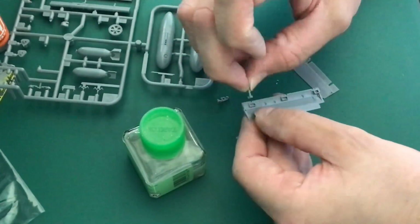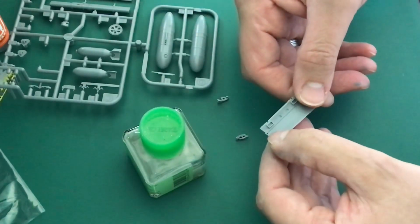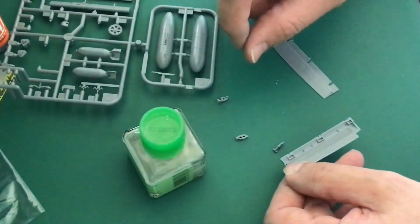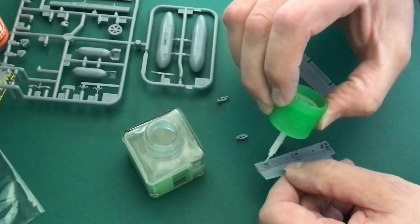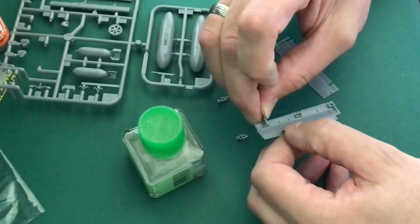Take two, you can pop that in. It's making me out to be a bloody liar now. Anyway, when I did this on the bobble top, I just put it in and I was like, oh. Anyway, let's get some glue in. Right, let's pop some glue in there. Grab that, pop it in,